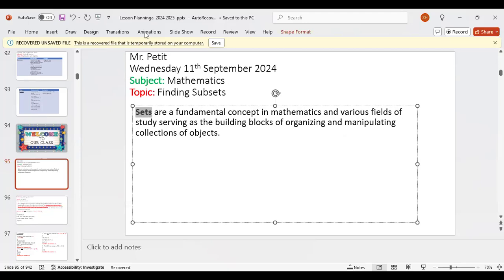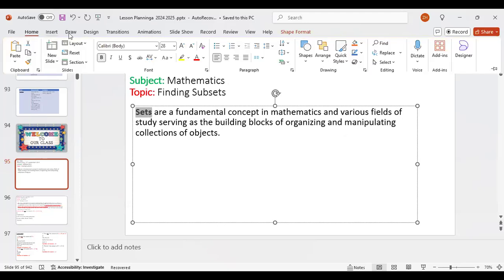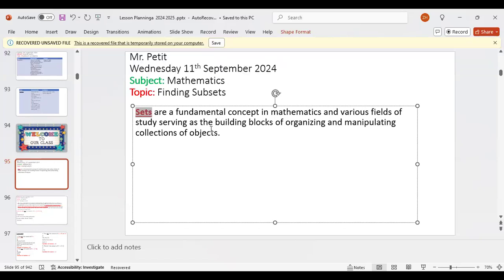One of the reasons why I start off with sets is because if you understand sets, you understand a great part of maths, because sets are like the building block of mathematics. Why is that the case?